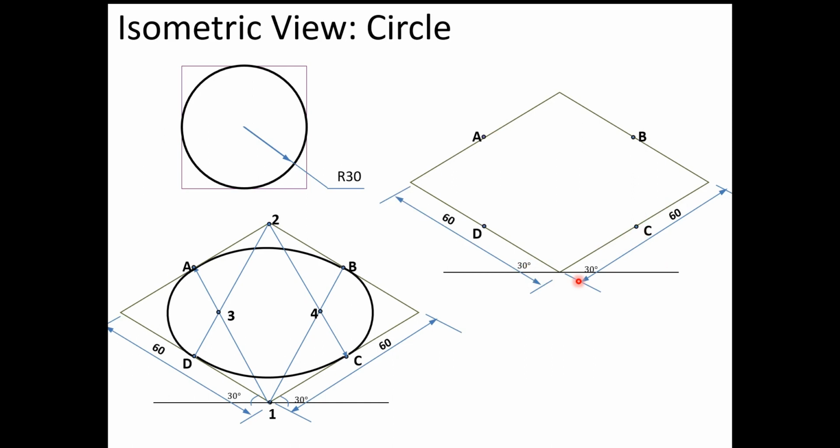Now in this case we are joining the minor diagonal endpoint and opposite edge midpoint A. Similarly from another minor diagonal endpoint up to C. Okay, so this we have drawn. Next what we will do? We will draw one horizontal line. We will draw the major diagonal of this rhombus.